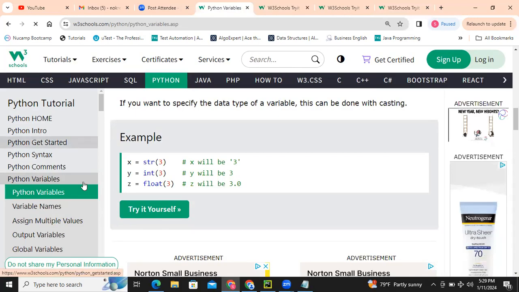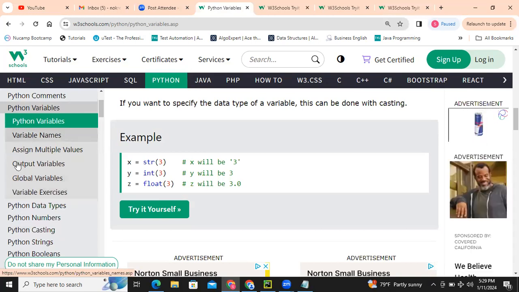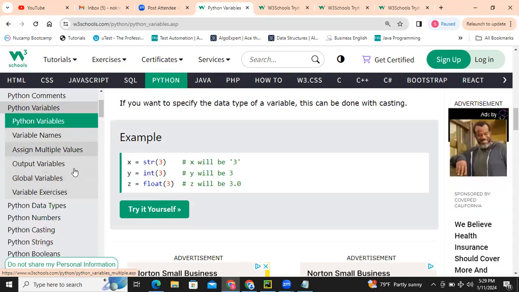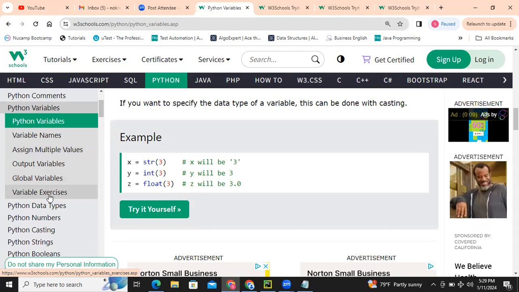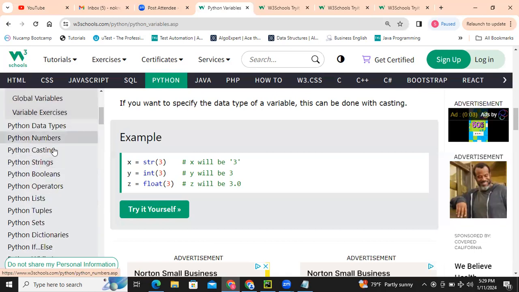Okay. Now, you can just read it after the class and you can do the exercise, okay? We will come back to data types later on.